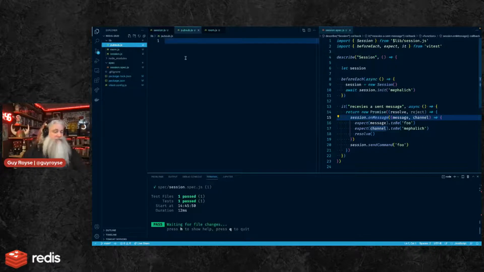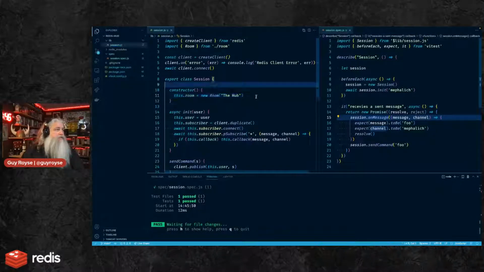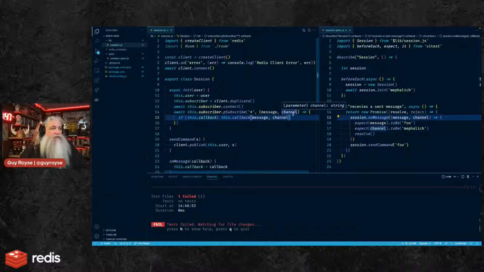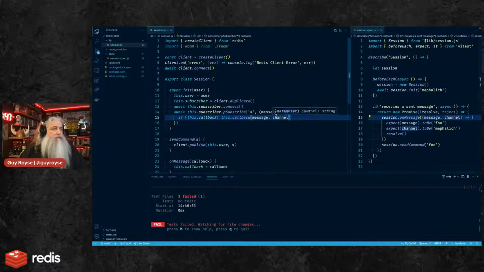Well, let's tackle this differently. Okay, let's delete these, move to trash, and then in here, the behavior isn't actually what I want. I want the channel for the message to be the room, not the user.